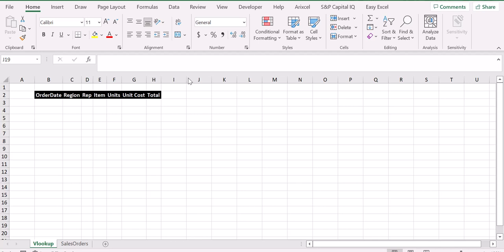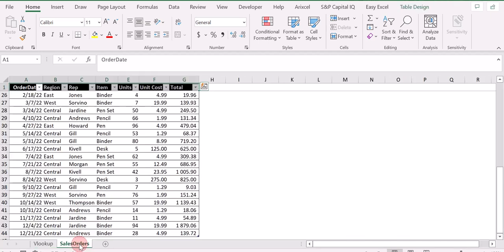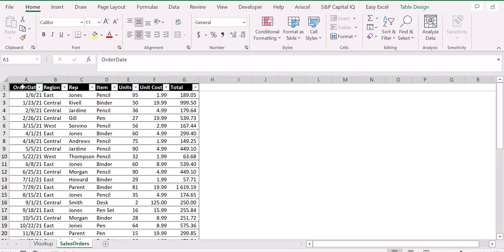So as you can see, I have already opened an Excel file with a dataset. You see that on the bottom of the Excel file we have basically two sheets. The first one, Vlookup, is where we are going to use our function, and the second one, sales orders, is basically the dataset where we are trying to retrieve the data we are looking for. So let's go directly to the dataset. Here in the dataset you can see that basically we have seven columns,